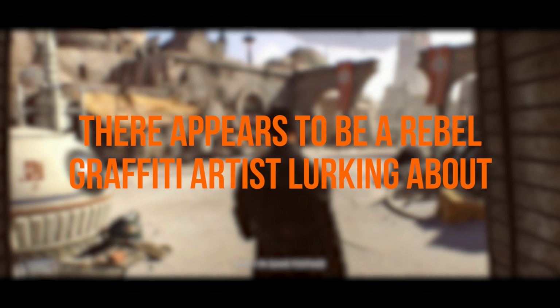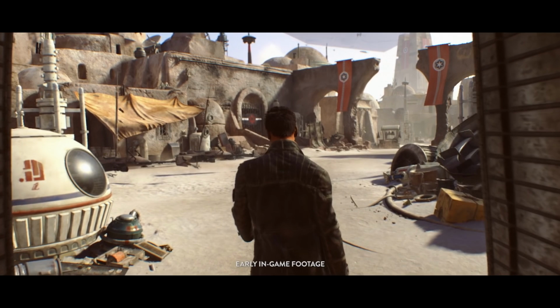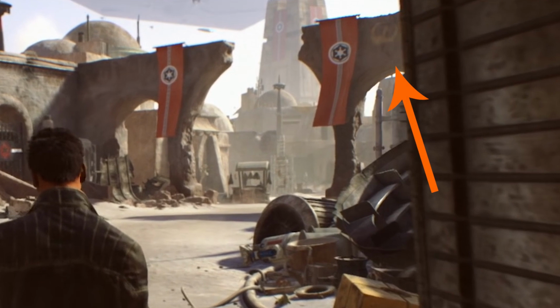There appears to be a rebel graffiti artist lurking about. It's extremely difficult to spot at first glance, but take a look here and you can clearly see the rebel symbol painted on the wall near some of the Empire flags. Some daring tagger is making a statement that the Rebel Alliance still has a presence, even in the face of the Empire's regime. It may just be a bit of world-building art, but Star Wars Rebels fans know that graffiti